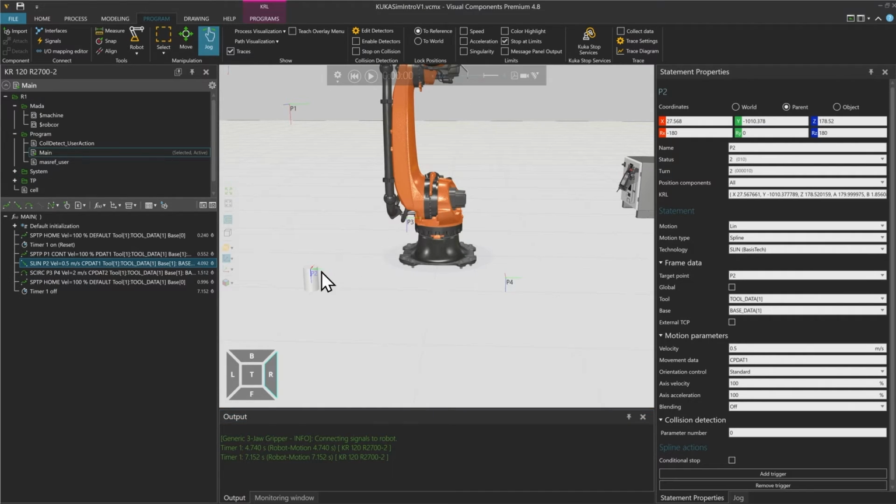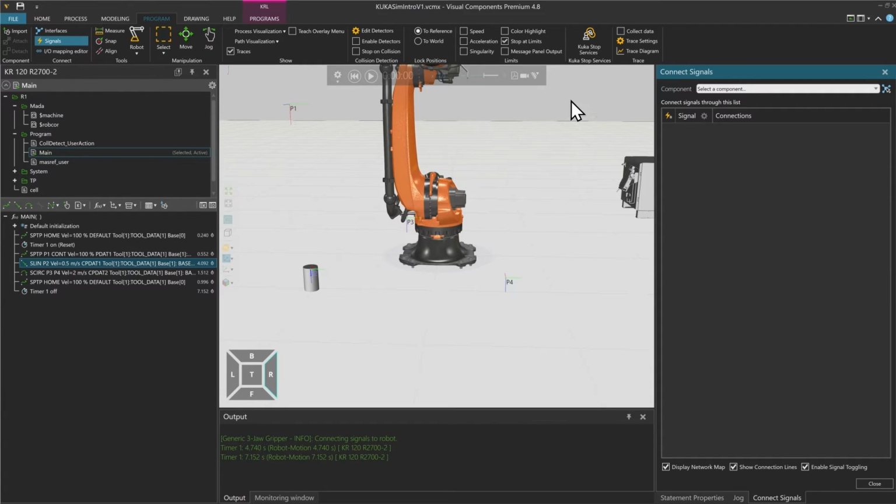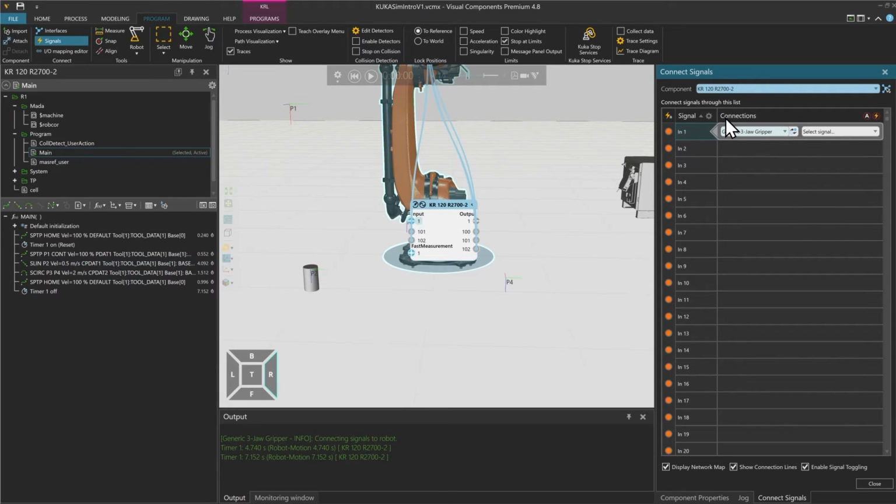Now I want actually to pick up the cylinder that we placed in the simulation at the beginning. For that I have to have a little look at our signals that are currently connected. If I go to this signals button here in the connect group, I can select my robot, and here I can select between the different signals.